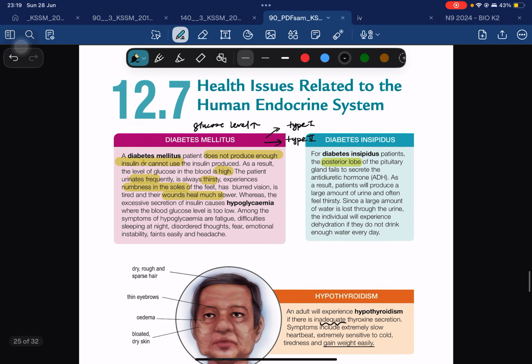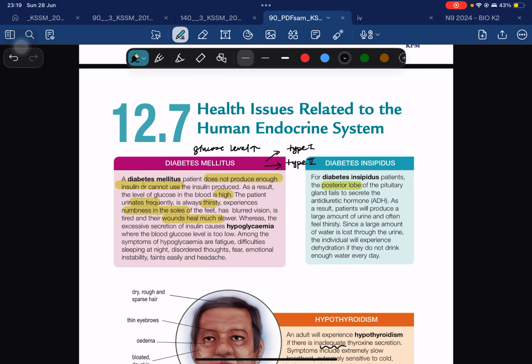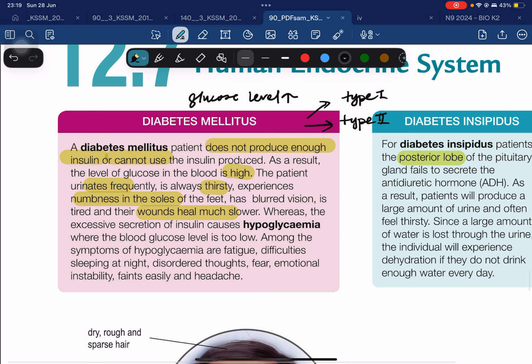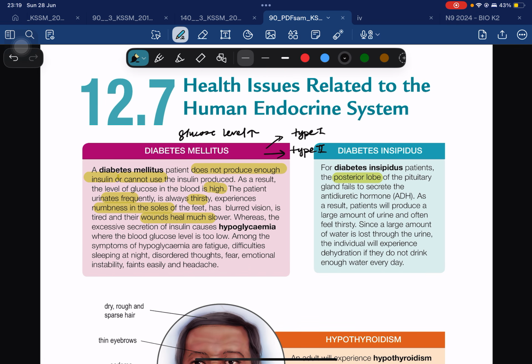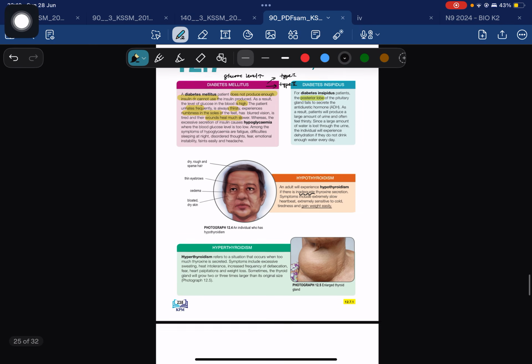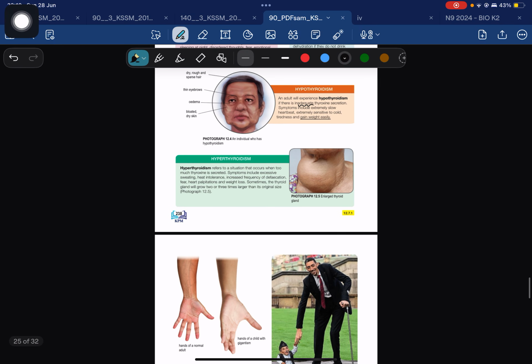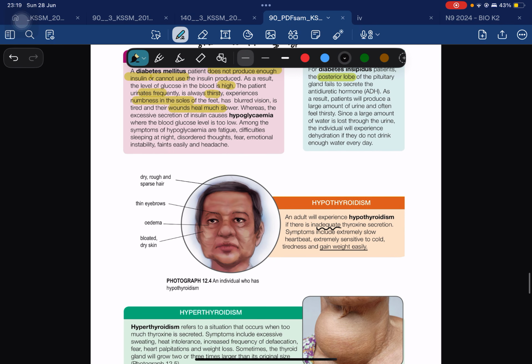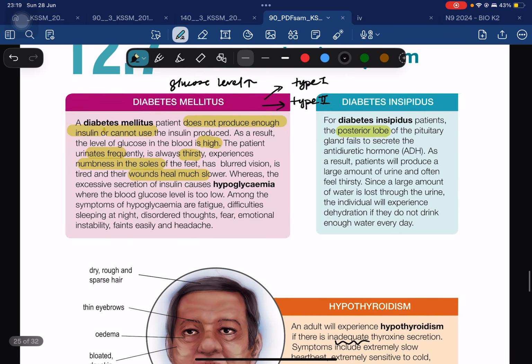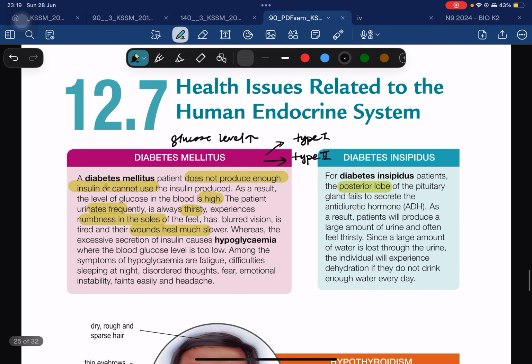Okay, so I don't want to talk and explain so much about it. So now we go to learn one by one, okay? And then there will be one question that I will teach you after this. Saya akan sediakan satu soalan untuk kita cuba untuk buat. So first is diabetes mellitus and also diabetes insipidus.